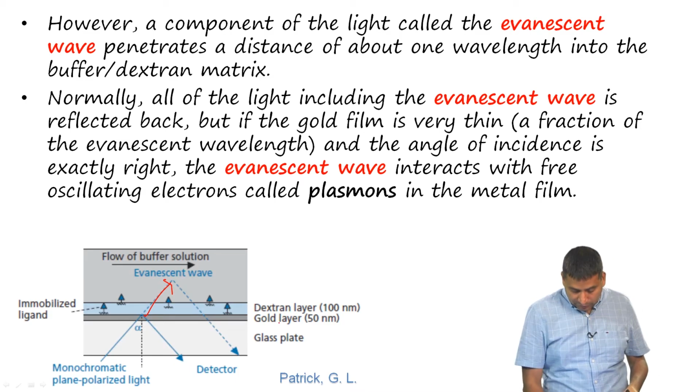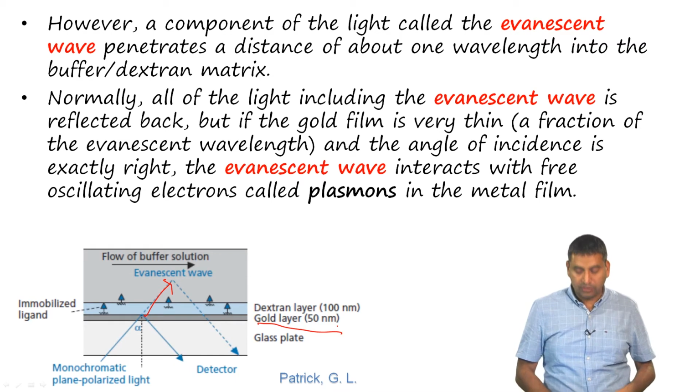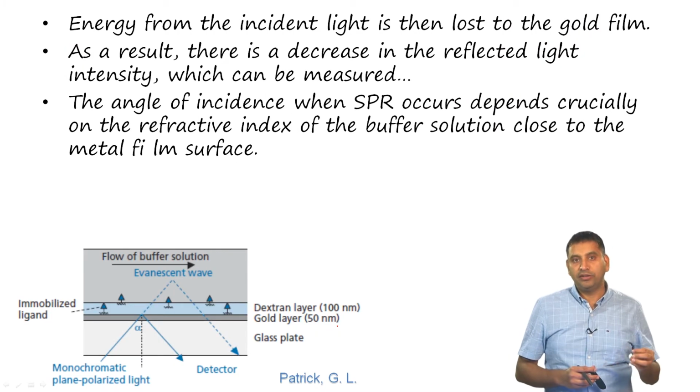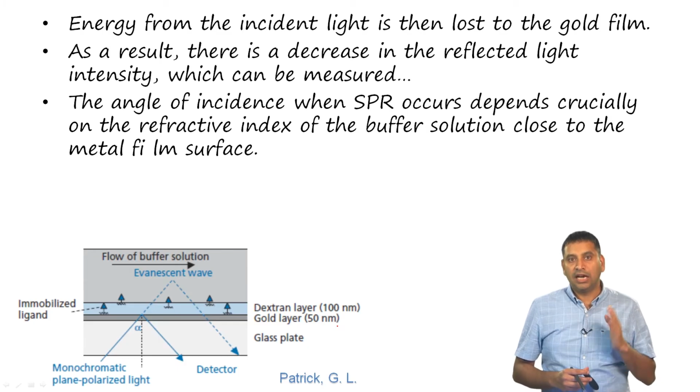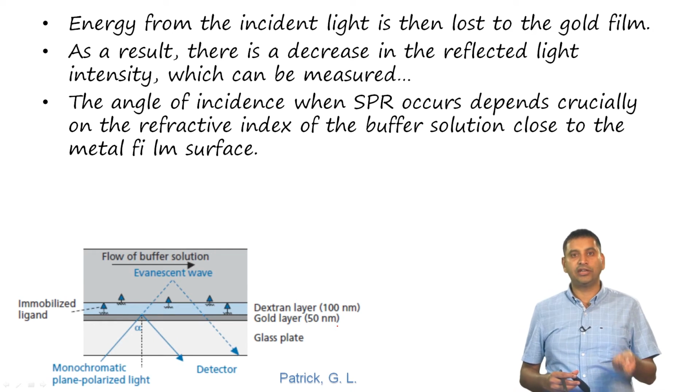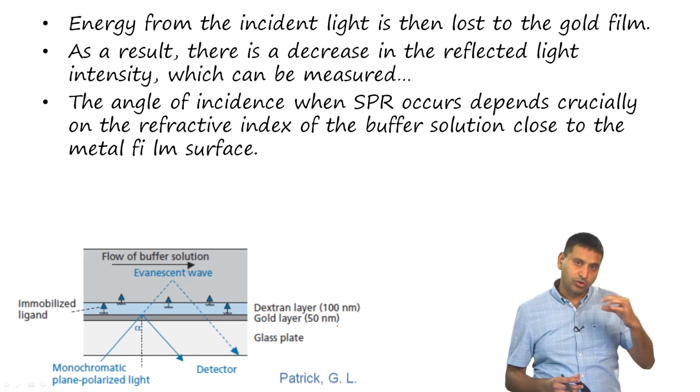So, you have this gold layer of 50 nanometers through which this evanescent wave is going to pass. Now, energy from the incident light is then lost to the gold film. As a result, there is a decrease in the reflected light intensity which can be measured, and the angle when surface plasmon resonance occurs depends crucially on the refractive index of the buffer solution, which is close to the metal